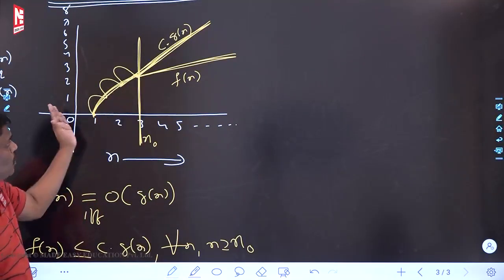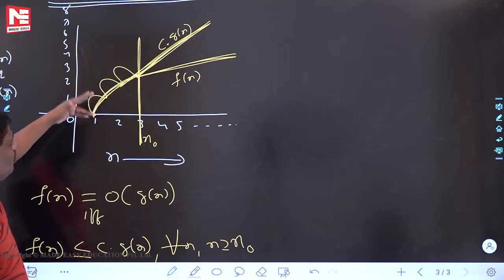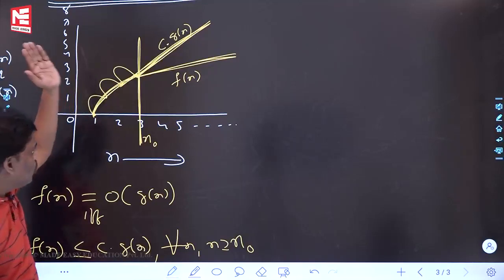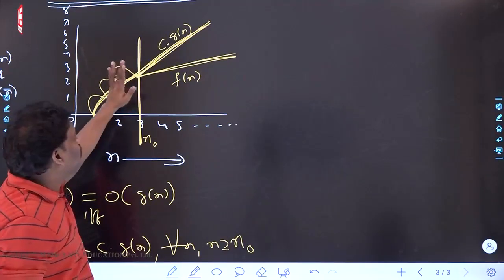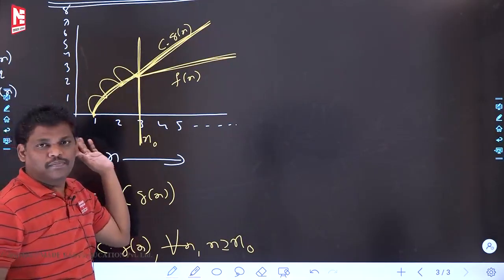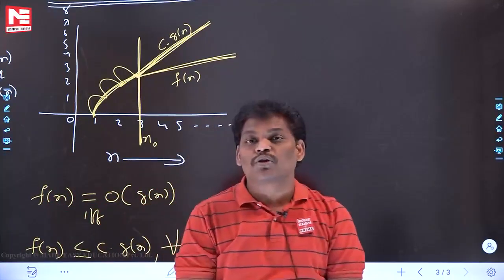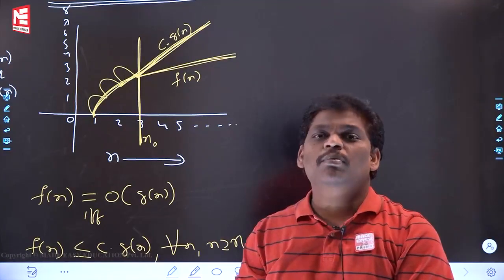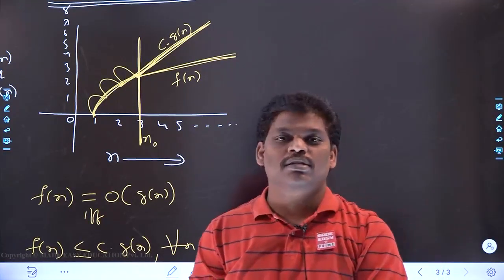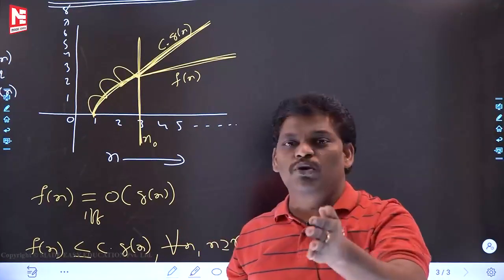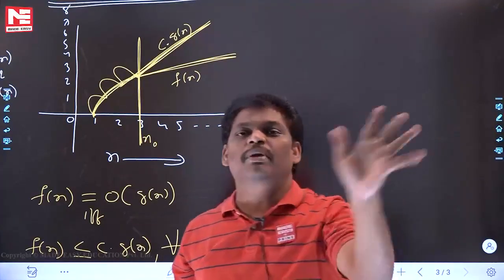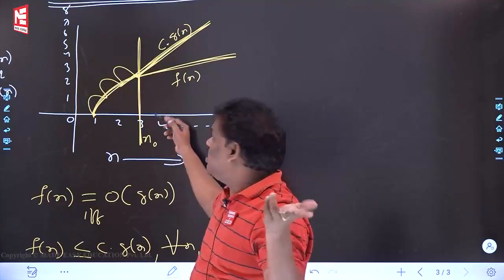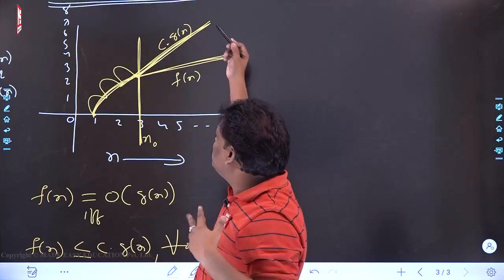Before n0, this may be the case: maybe f of n is bigger, maybe g of n, maybe sometimes equal. I am unable to say what the relation between them is. Maybe f greater, maybe g greater, maybe keep on changing. But from some point onwards, I am able to see clearly the relation between them. From n0 onwards, comparing f of n and g of n, g of n is bigger